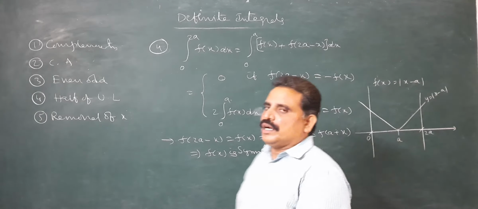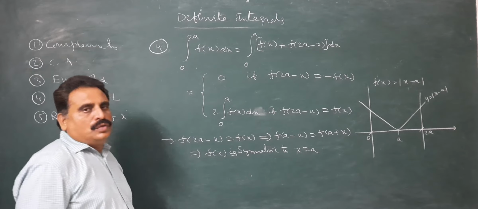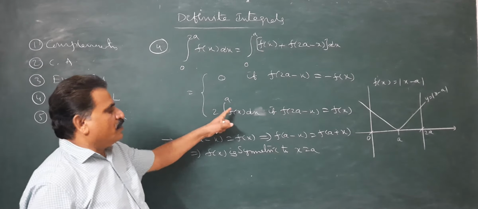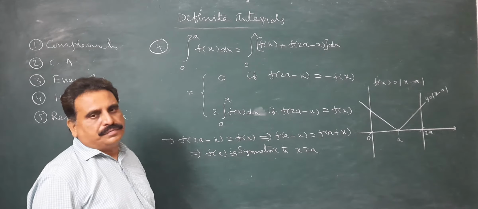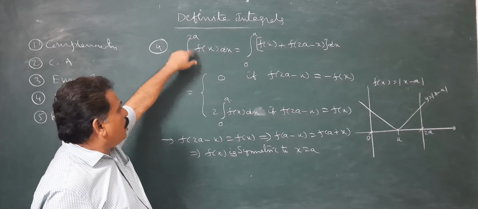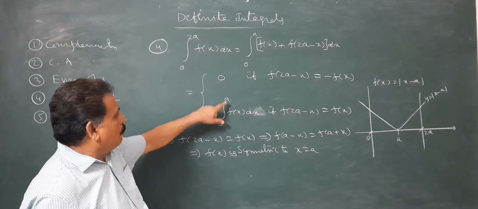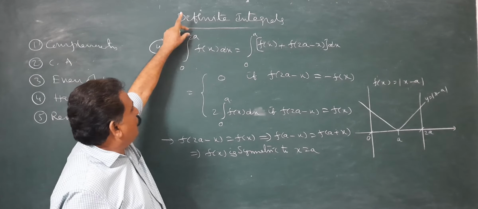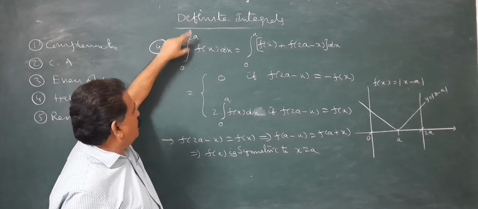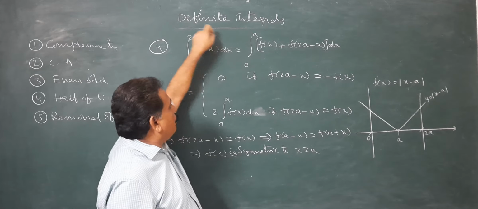So the geometrical interpretation is 2 times integral 0 to a f of x dx because of that. Now if you change the same, integral 0 to a f of x dx is there. The same 0 to a by 2. Instead of 2a, if a is given, 0 to a is there, just 0 to a by 2, half of the upper limit.